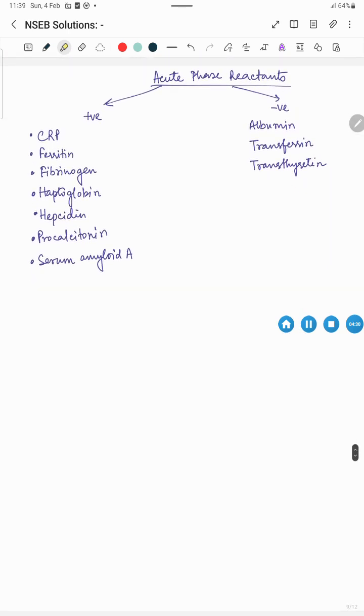Now let's know more about these acute phase reactants. These acute phase reactants are released during the time of inflammation or any infection in your body. Some positive acute phase reactants are C-reactive protein, ferritin, fibrinogen, haptoglobin, hepcidin, procalcitonin, serum amyloid A. For the negative ones, we have albumin, transferrin,